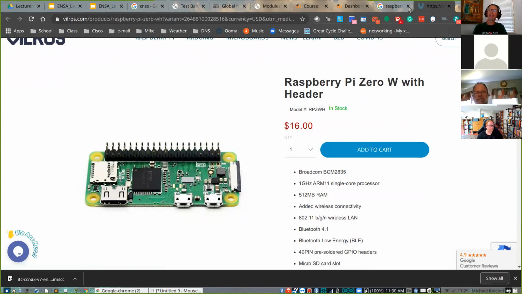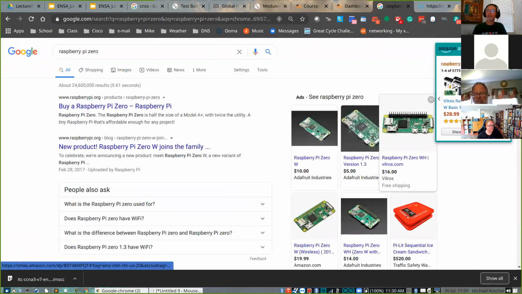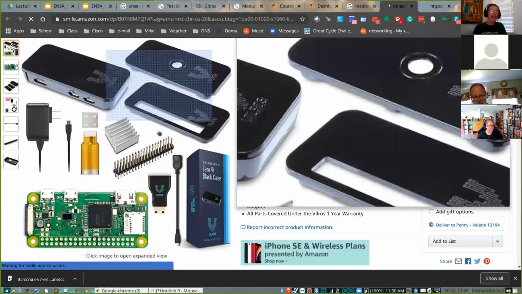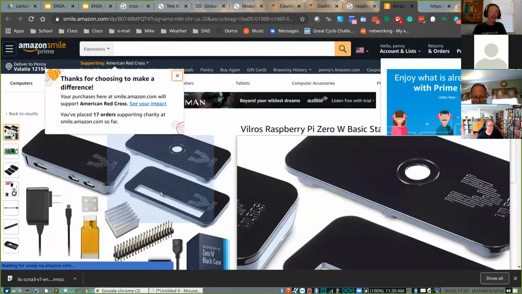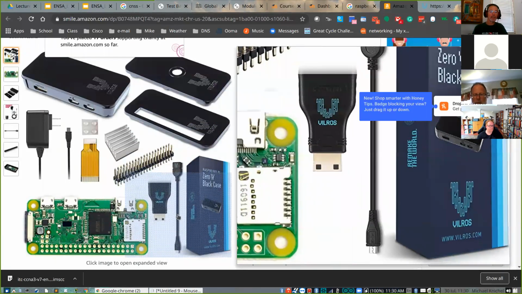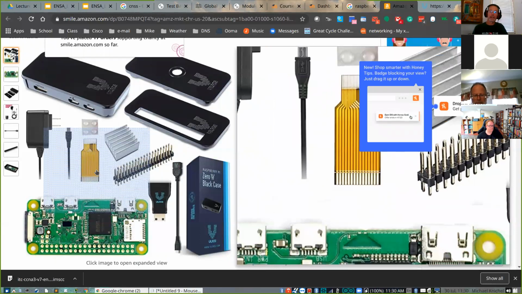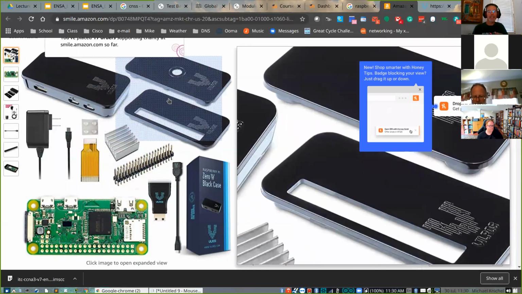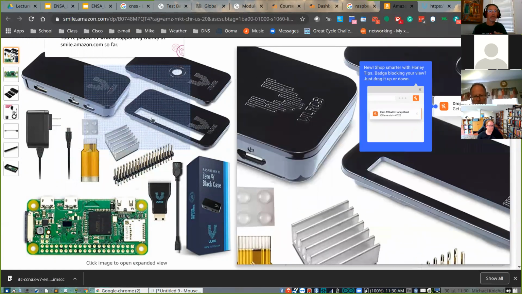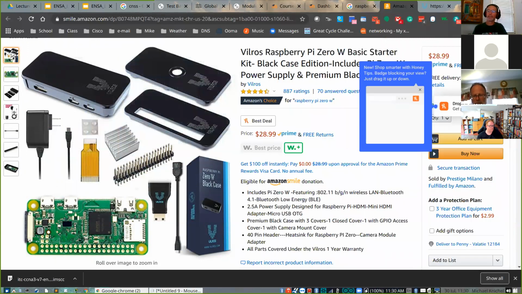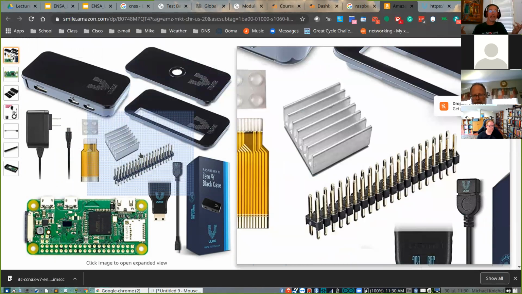You can buy these in kits. As you can see here, this is on Amazon. So for $30, you can get a starter kit, which comes with a case and a bunch of other things, like the adapter here, a cable adapter. I'm not sure what this is for. There's other extenders, your power, your different case covers, because if you want to use the GPIO, you need this slot. Otherwise, you don't. And they're just fun to play with.